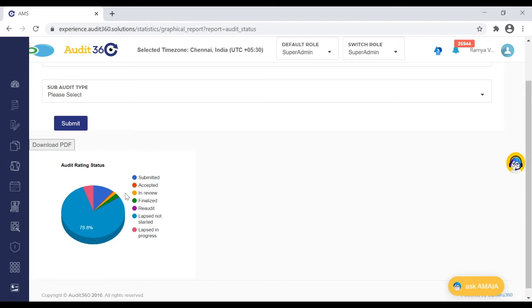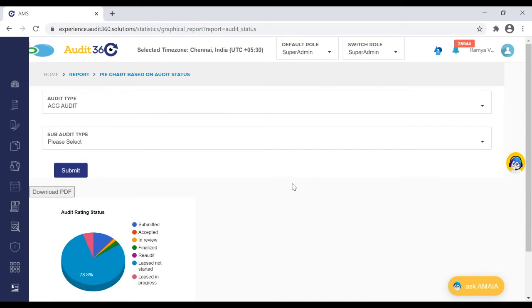In this scenario, the finalized ratio is very low, whereas close to 11% of the audits have been submitted. The further work is not moving here. So this will be helpful for the reviewer or the super admin to push their team to get things moving forward.